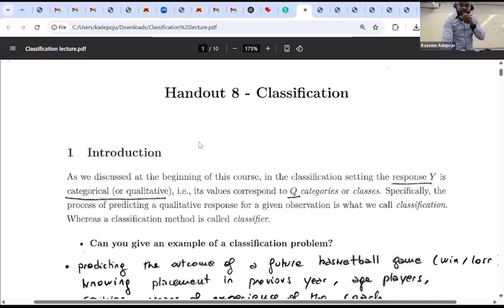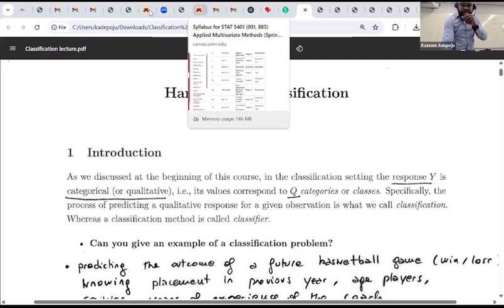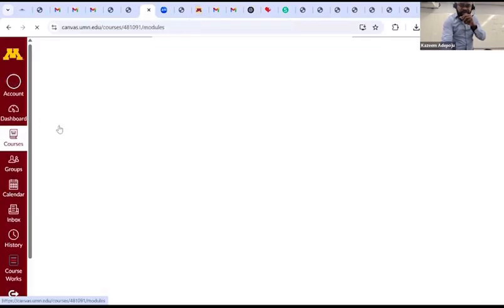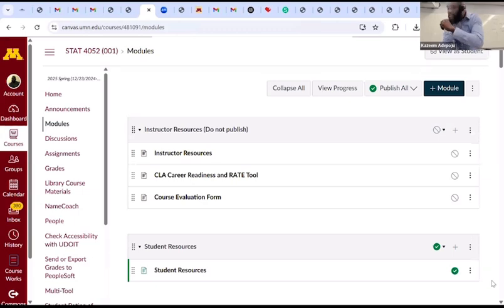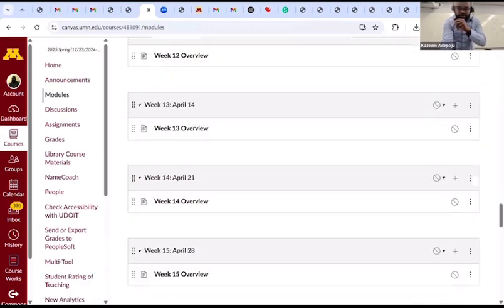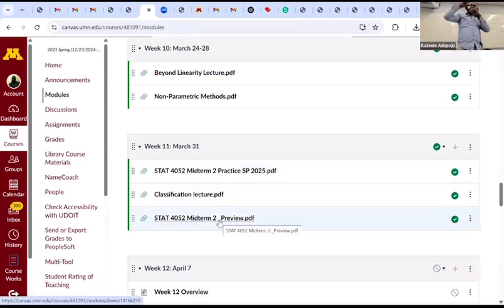Let me see if I can quickly show you. Give me one second. Should I share the module? Okay. I'm going to go all the way. Now take a look at this. This one is a practice question, and this is the particular area in the notes that you need